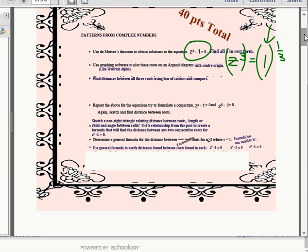But we usually did it in cis form. Can the number 1 be written in cis form? Sure it can. So first of all, you've got to think about what 1 looks like on the xy plane. Put a dot there. Then figure out what it looks like in cis form. Once you've got 1 written in cis form, which along the way you're going to realize is 1 plus 0i, right? Okay. Now, you're going to find the 3rd roots. It's just like what we did on the test yesterday. Find the 3rd roots of 1. Okay? Then,